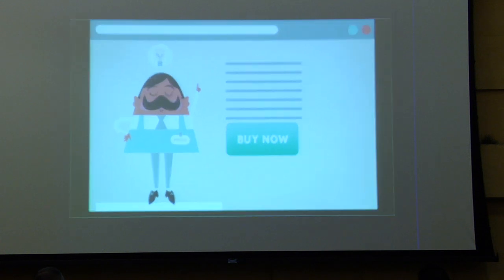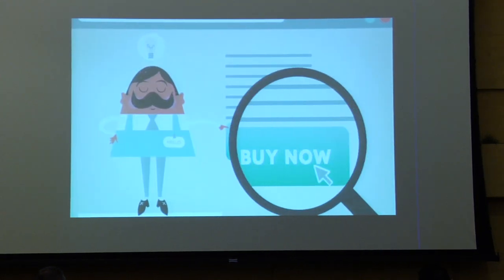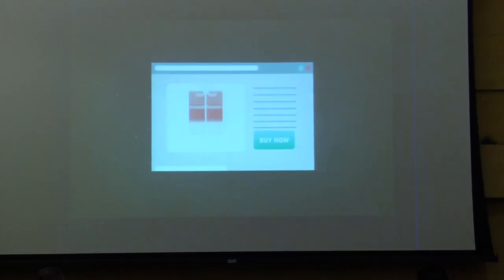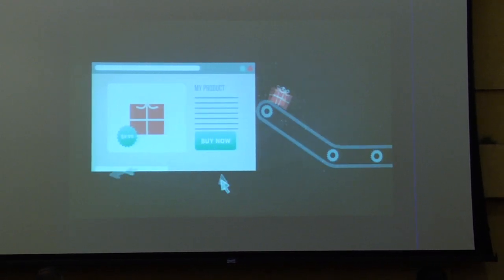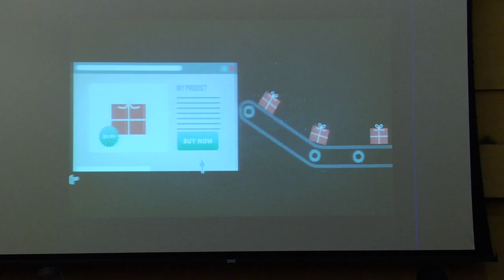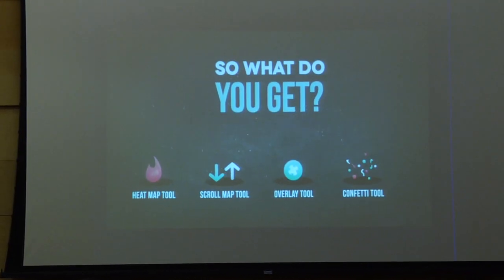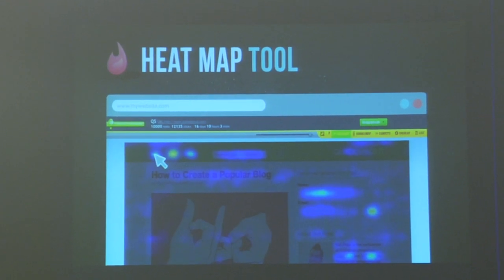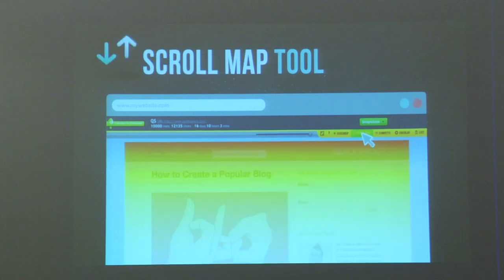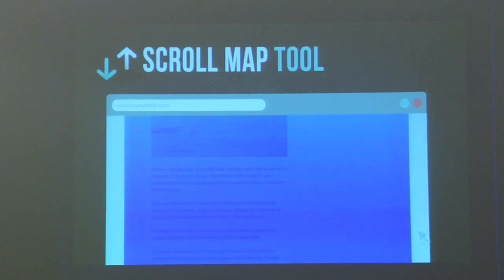And that's exactly why we built Crazy Egg. So you can see the elements on your pages that are causing visitors to hit the back button. But once you see all the stuff that's broken, you can fix it, and more of your visitors start buying, opting in and calling up. Okay, so what do you get when you use Crazy Egg? A heat map tool to see the places where people click on your pages, so you can keep the things they like and change the things they don't. Is your most persuasive information positioned near the bottom of a page? The scroll map shows how far down people